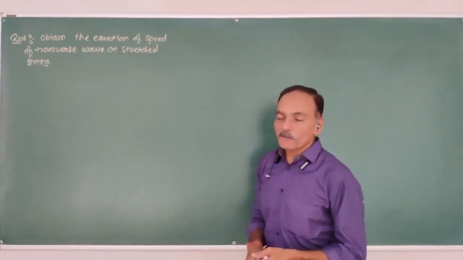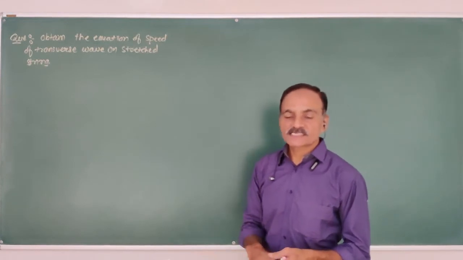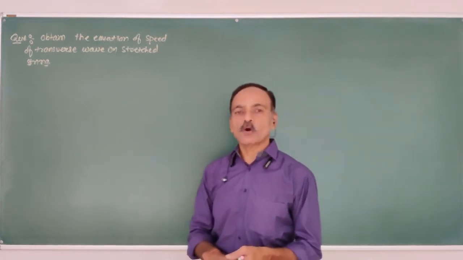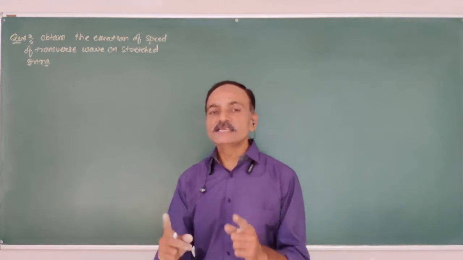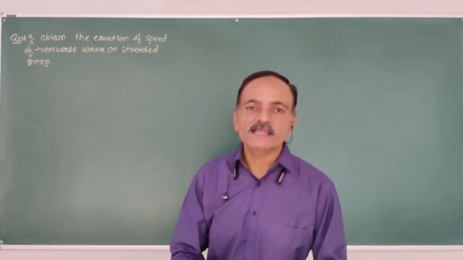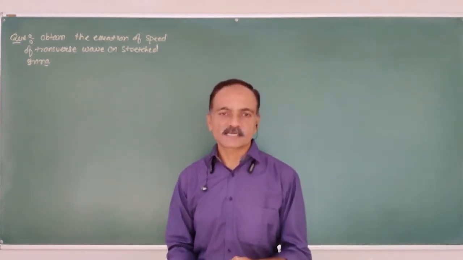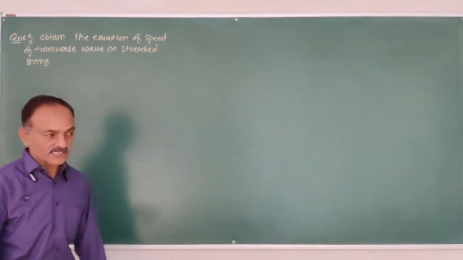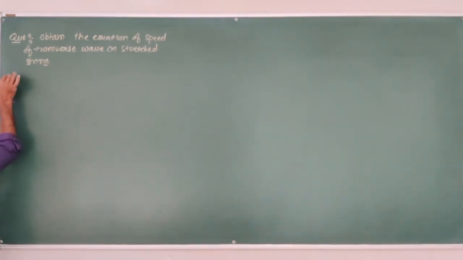Now the speed of a transverse wave in a stretched string depends on the linear mass density of the string and the tension in the string. Therefore we can write it this way: the speed of